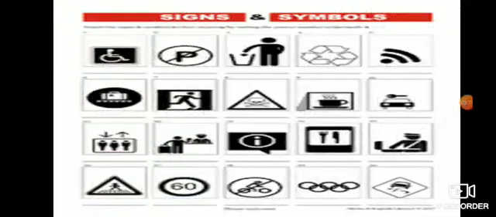Now, our next topic is signs and symbols. Why do we use signs and symbols in a map? Do you know, students? Because we cannot possibly show different features like a tree, a mountain, a railway line or a bridge, etc. in their actual shape or size on a map. To represent these features, we use some symbols. These symbols help us to understand maps better. The symbols which are internationally accepted and used all over the world are called conventional symbols.